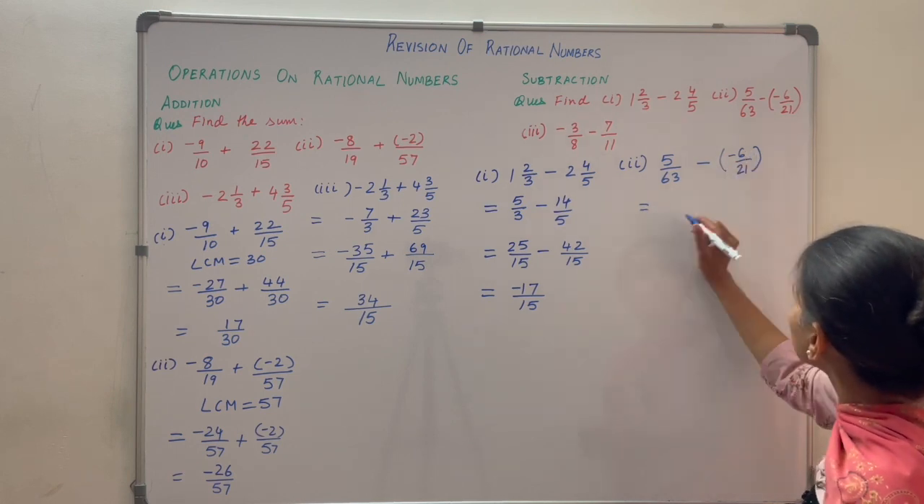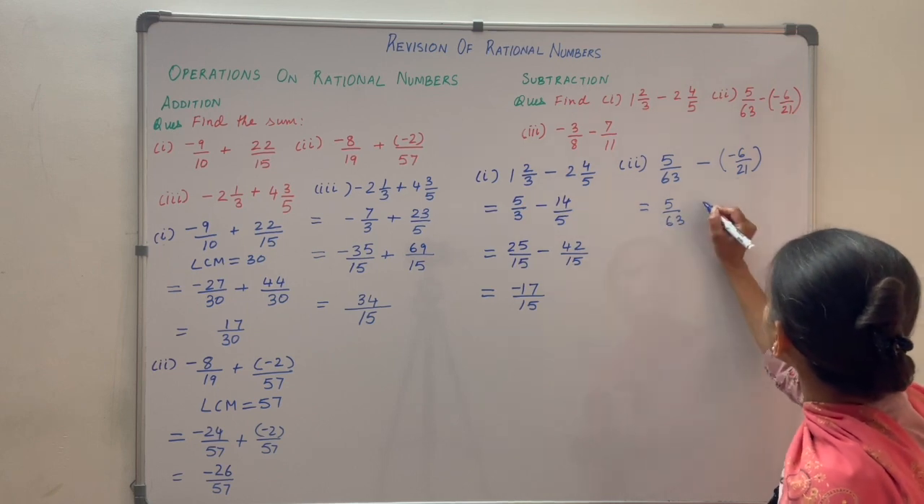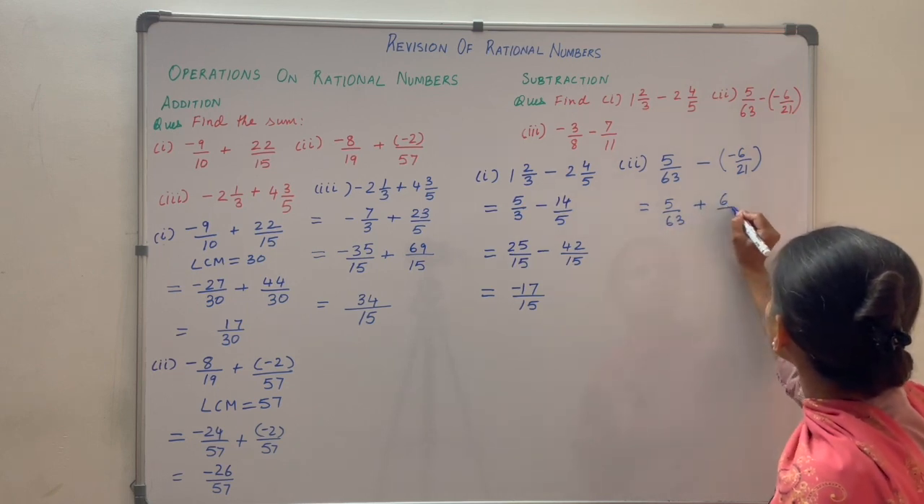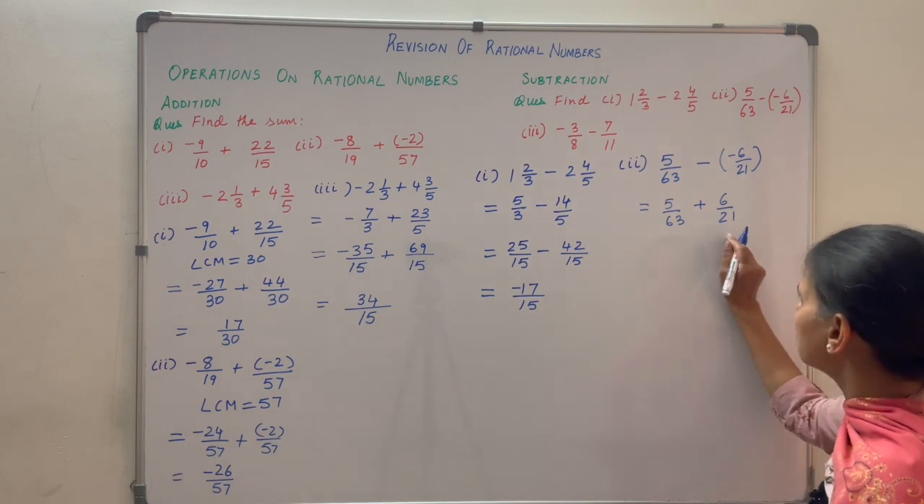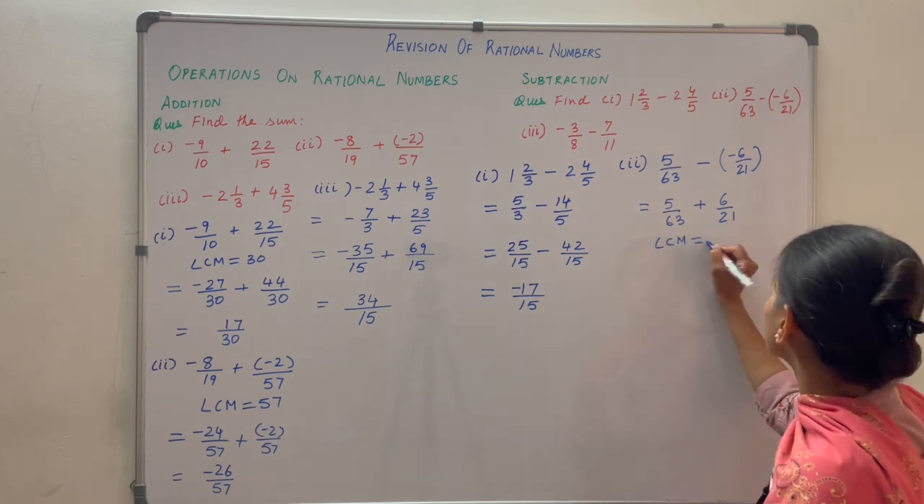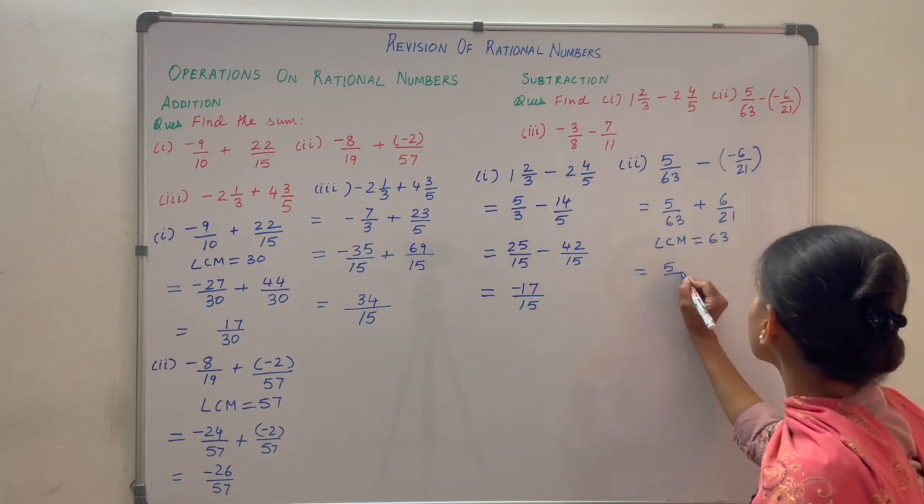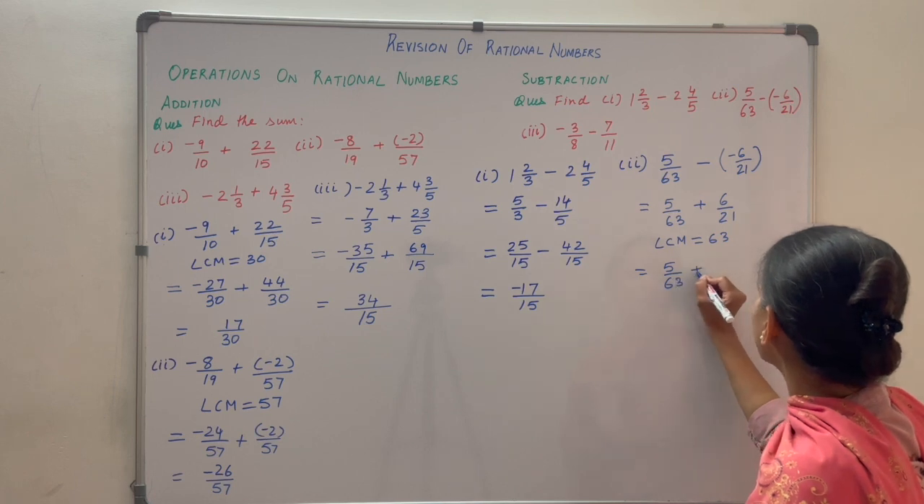So minus into minus will become plus. So this is 5 upon 63. Minus into minus is plus, 6 upon 21. You need to take the LCM. So here the LCM of these two numbers is 63. So the first one we will write down as it is, 5 upon 63, and here you have to